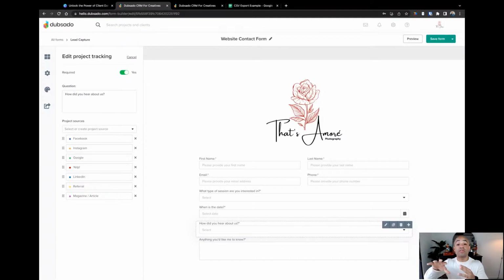So you can sort of double down maybe on that specific window, or you could say, hey, maybe my magazine and article leads that are coming in are really low. Maybe I want to increase how many people are hearing about me through Yelp or through LinkedIn. And I'll show you a couple things here in a little bit that can help you identify where all of your people are coming from in more of a graph way.